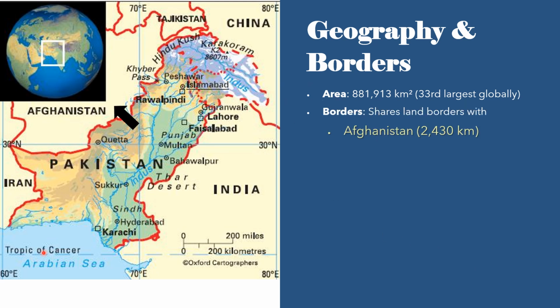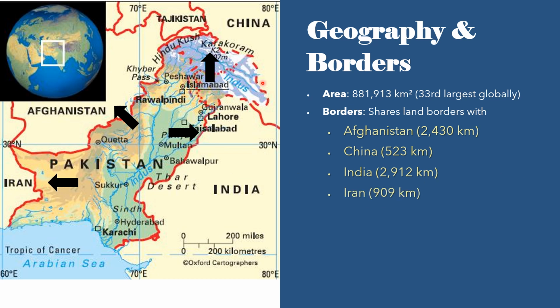Pakistan shares its borders with 4 key countries, each shaping its regional dynamics. To the northwest, there's Afghanistan, a rugged frontier stretching 2,430 kilometers. Further north, there's China, a 523-kilometer high-altitude connection through the majestic Karakoram Range. On the eastern side, we have India. It's the longest border, 2,912 kilometers, which is a very complex and crucial place. And to the west, there is a 909-kilometer border with Iran, linking South Asia with the Middle East.